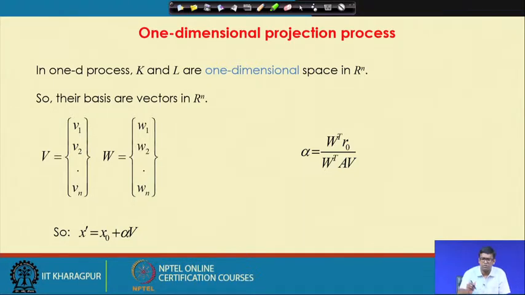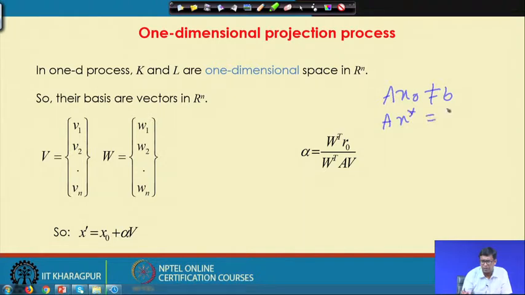So, my guess is A x 0 is not equal to b and I have A x star is equal to b. So, I have to find out x 0 minus x star basically. So, I will start with an x 0 and I will see how I can relate it to x star,